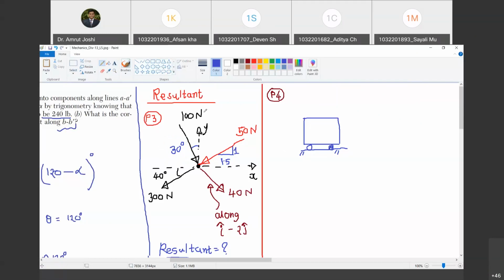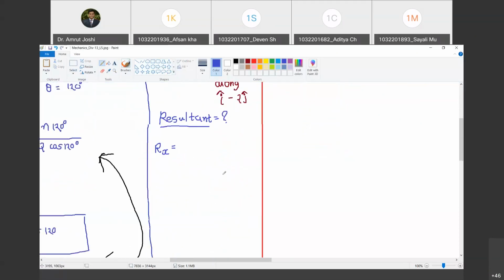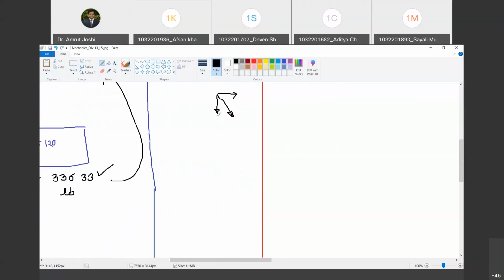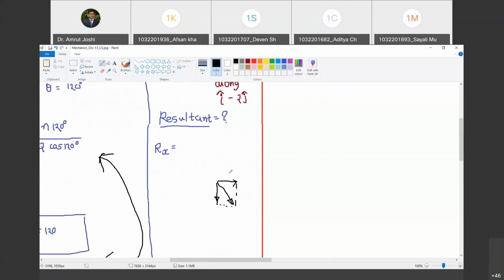Yes, sir. Now pay attention here. This 100 Newton force is seen something like this. When I find out its x and y component, what exactly am I trying to find out? I am trying to find two forces in x and y direction such that their sum is this 100 Newton. Are you with me? Yes, sir. So look, this is the x component of 100 Newton and this is the y component.